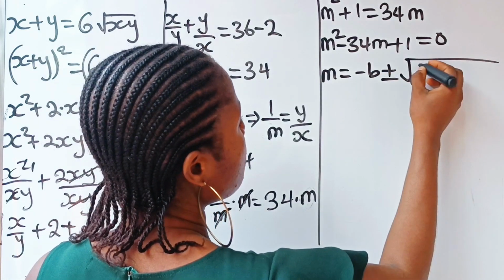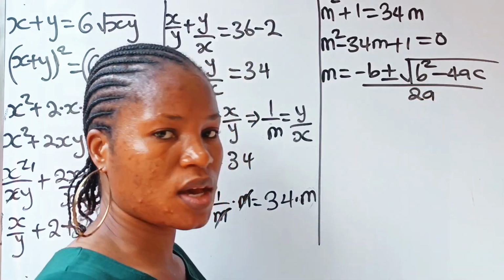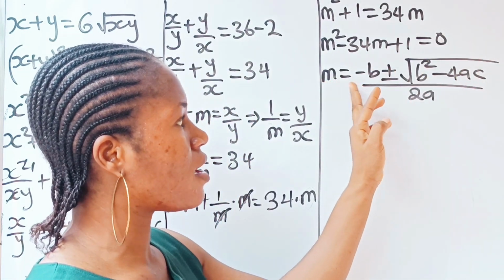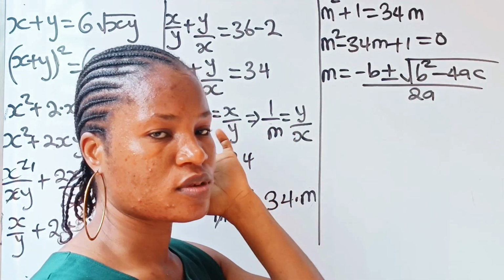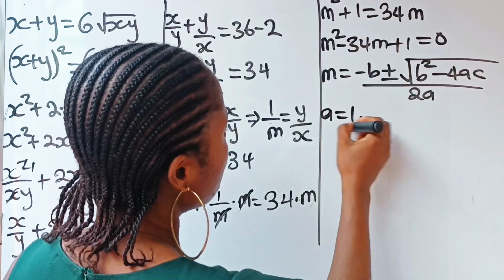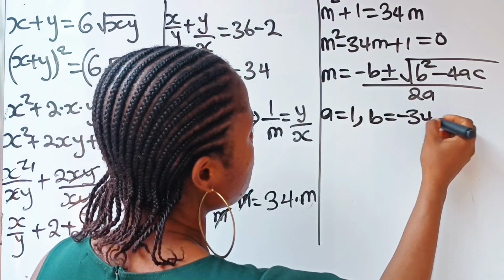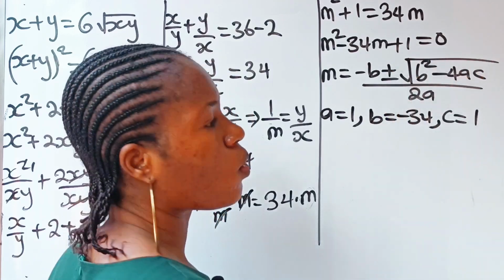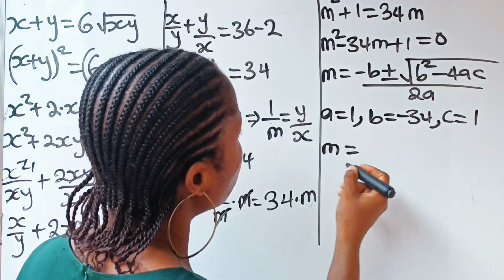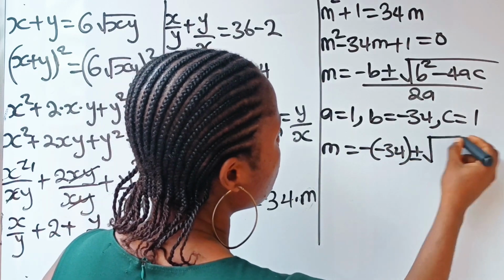Plus or minus the square root of b squared minus 4ac, everything divided by 2a. Now you see why I changed my a, because we have a in this formula. If we say a is equal to, we are going to get confused. Now our a here is 1, the coefficient of m squared. Our b is the coefficient of m, which is minus 34. Our c is 1. So we can write that m is equal to minus 34 plus or minus the square root